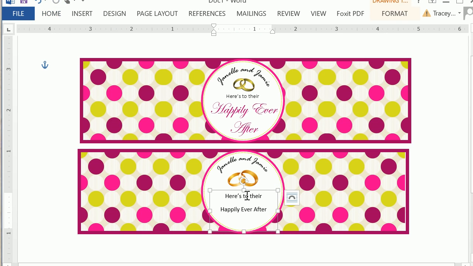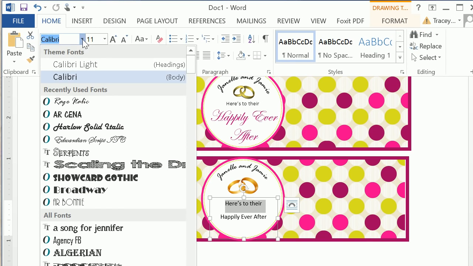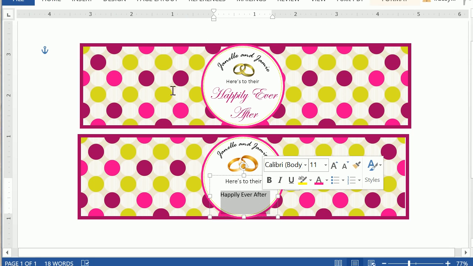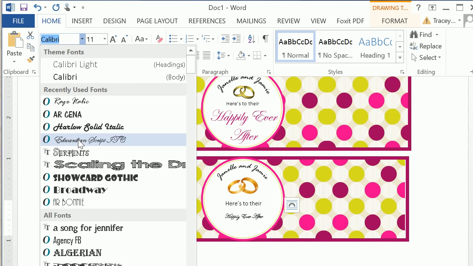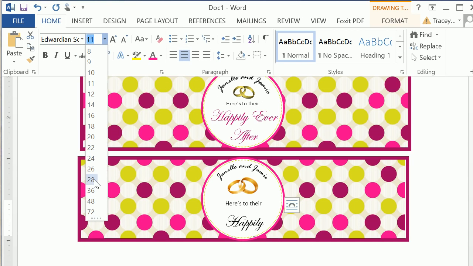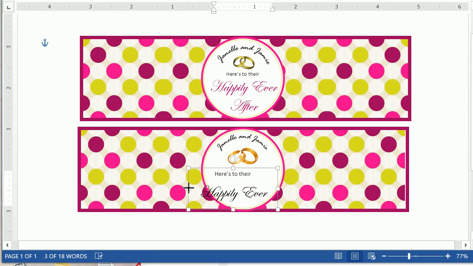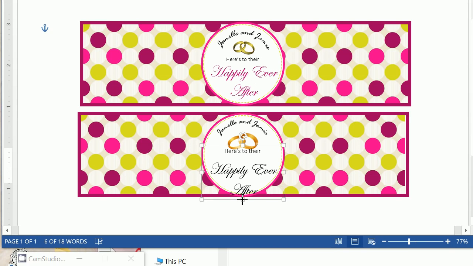We then want to move this here. Here's to there is actually Calibri Light. And the happily ever after is a script, and I do show you again how to download fonts in prior videos. And I believe this is a 28. And as you can see, you can play with the text box and move it up and down and ensure it's centered if some of the